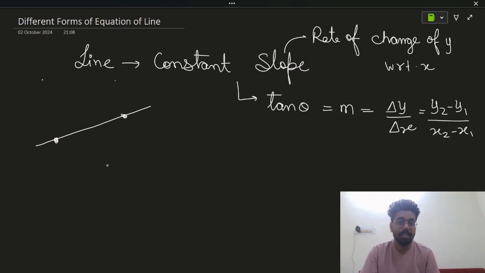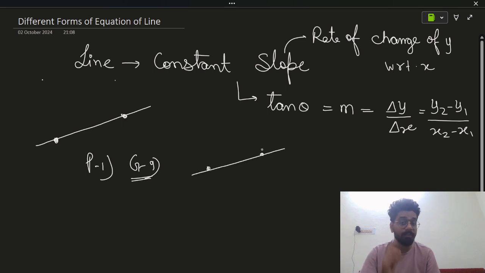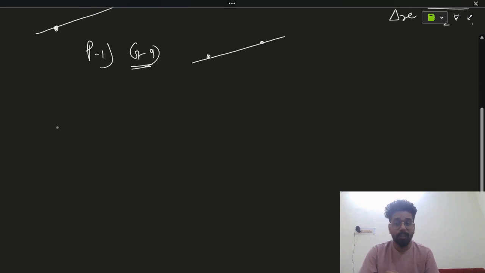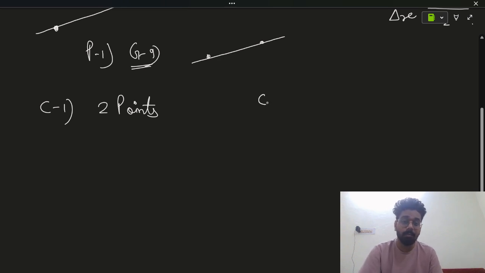Now the question arises, what exactly do we need to form the equation of line? So guys, it's a postulate from grade 9th, which says that you will have a unique line between 2 points. So case number 1, if we have 2 points, then you can have one unique line. Case number 2, when you will have only 1 point,